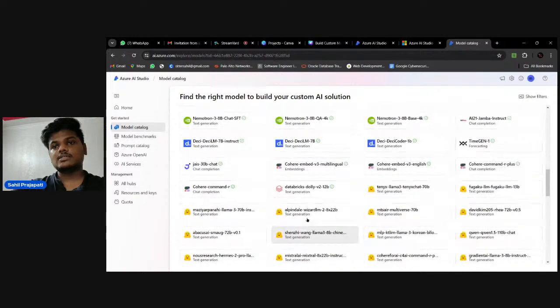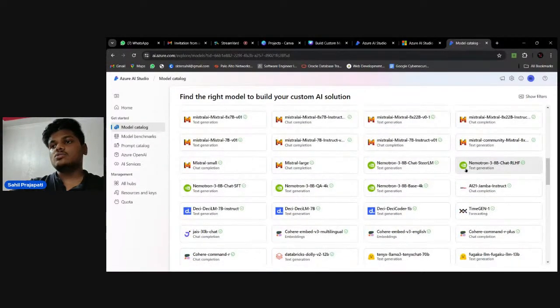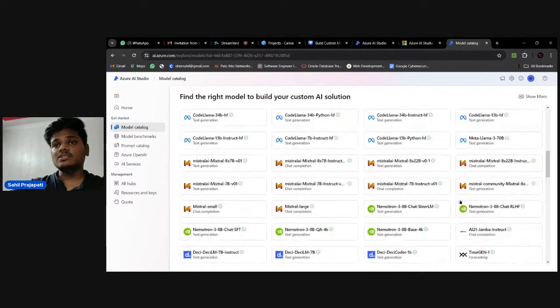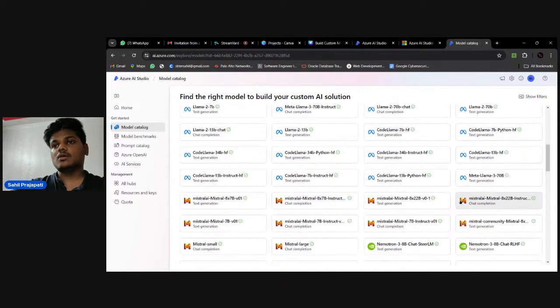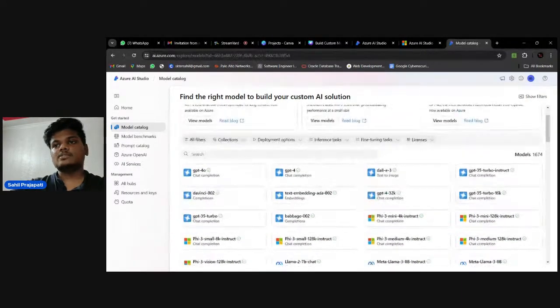Here you can see the Hugging Face repositories and etc. You can also use the NVIDIA models. NVIDIA models can be used for text generation and image generation. NVIDIA models usually use a high GPU value, which is not admissible on your personal PC or etc. You have to use a better performance PC that has a